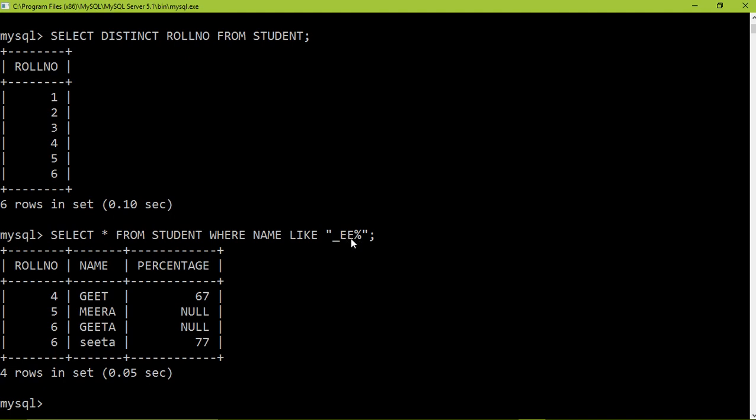What he is trying to say, he just wants the names of students where the spelling has double E at second and third place. Fine, you can see this satisfied double E on the second and third place. Rest, before part and after part, is acceptable.